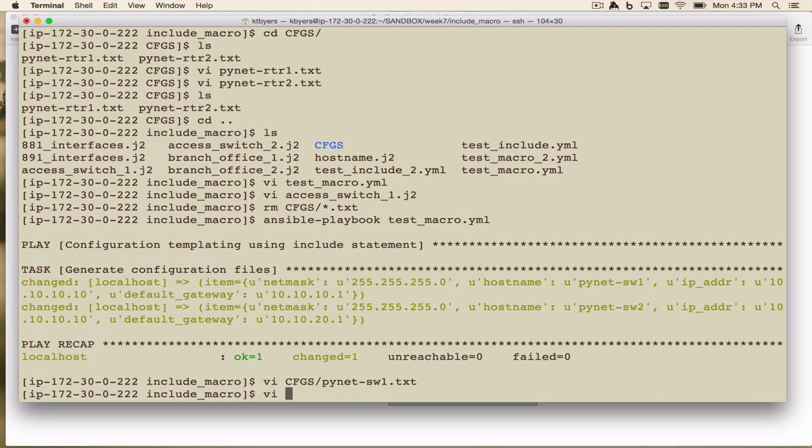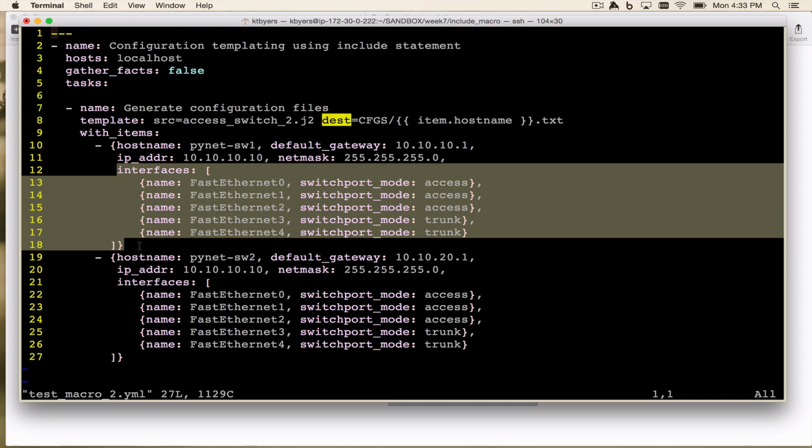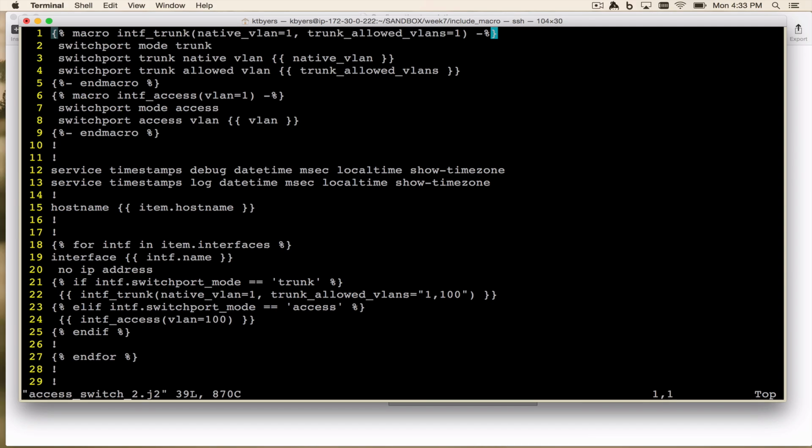Now let's go ahead and look at this second macro example. Now here, notice I have some variables including my interfaces. I have my interface names, and I've specified, are they an access port or a trunk port? I go into my template,